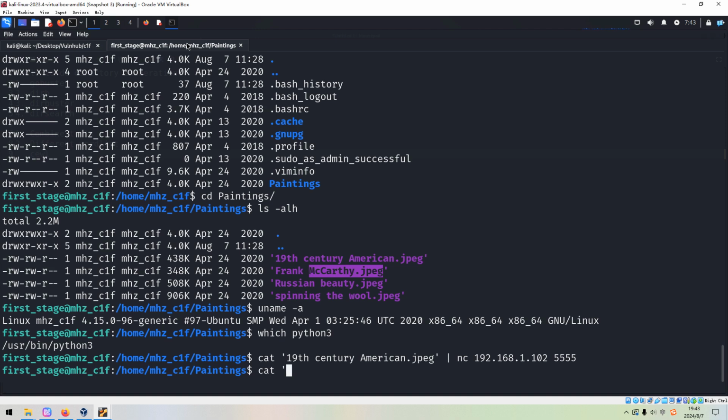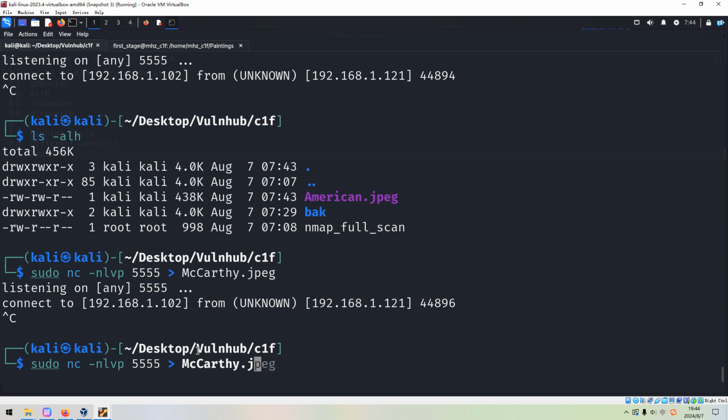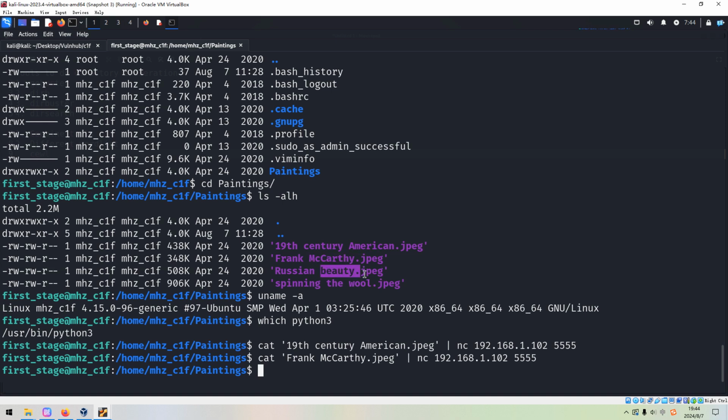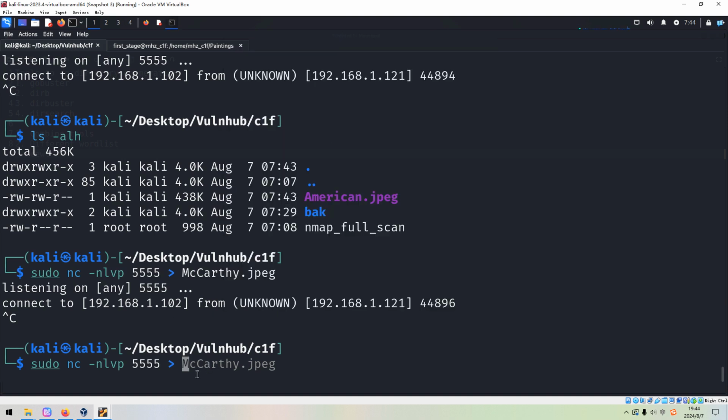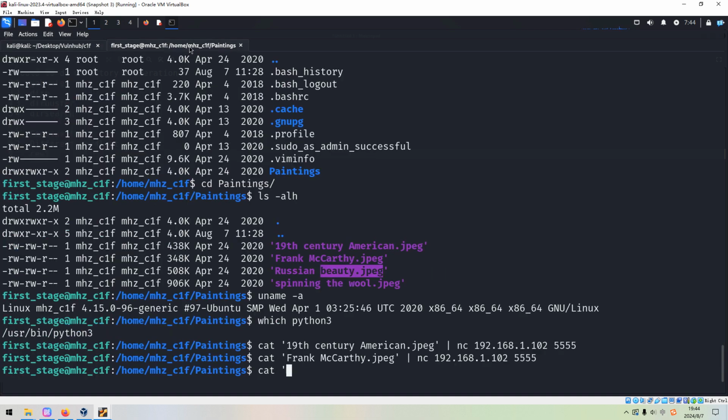And here we can use tab to autocomplete the command. Okay. We received another file, and we can go to the next one. Next one should be beauty. And then we can switch back to the target shell.